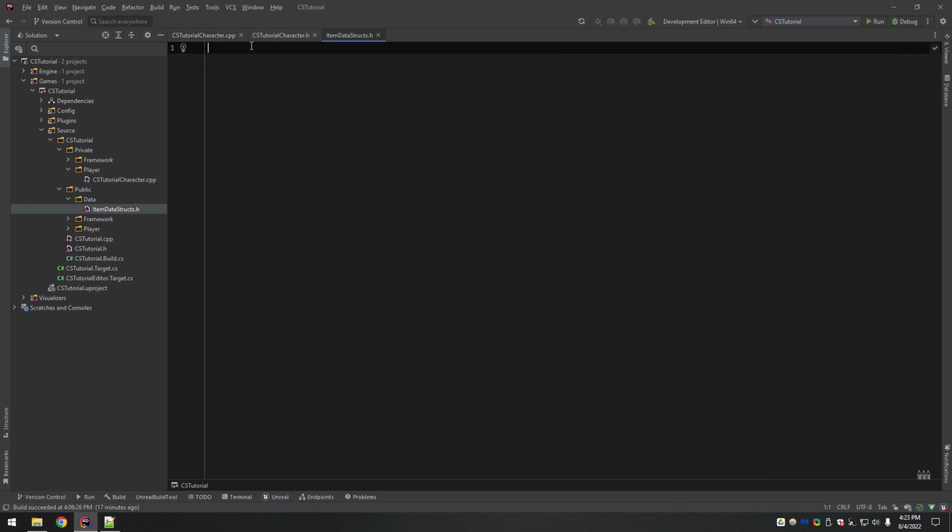Okay, and so now we've got a completely blank file. There's nothing, it didn't set up any kind of framework or anything for us. So when doing it this way, creating it manually, you have to add in a couple different things before you can get it to where your U project will actually pick it up and let you use it as part of the code. So first we need our pragma once.